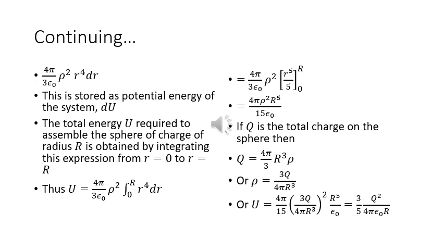the expression within the brackets being given by r to the power of 5 by 5, and the limits are from 0 to R. Once we substitute the limits, the resultant expression is 4 pi rho square R to the power 5 upon 15 epsilon naught. If Q is the total charge on the sphere, then Q is given by 4 pi by 3 R cubed rho. So rho is equal to 3Q upon 4 pi R cubed. So U is going to be equal to 4 pi by 15 into 3Q upon 4 pi R cubed whole square R to the power 5 by epsilon naught,